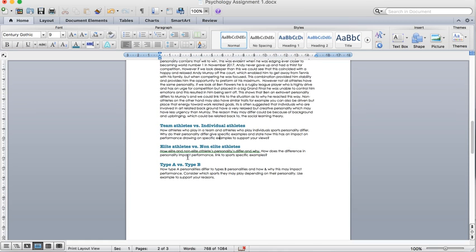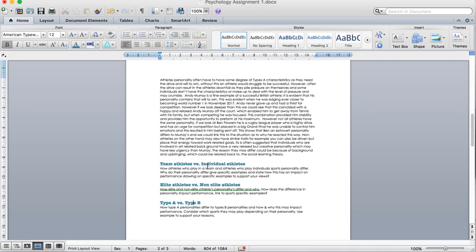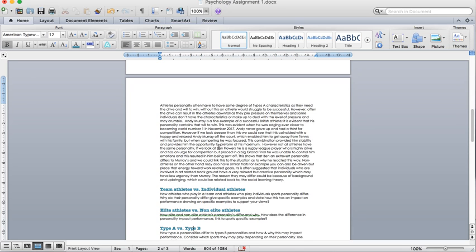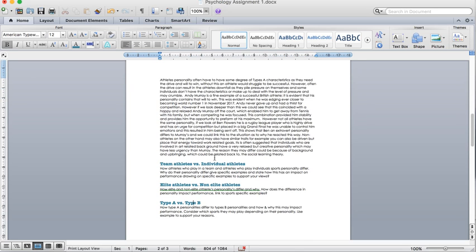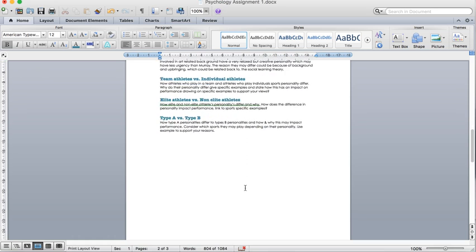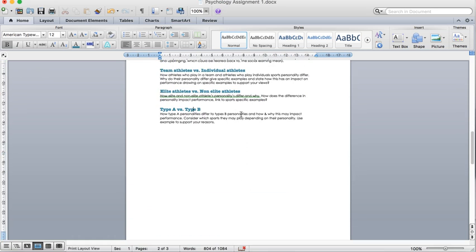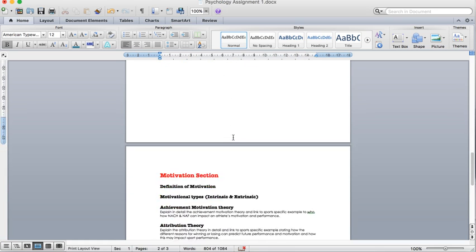And then we go on to elite versus non-elite, so professionals effectively versus maybe just your Sunday league player. And then type A athletes versus type B. If you're looking for the distinction, you need to go into this type of detail, okay, and maybe slightly more. If you're looking for the merit, you need to explain it, and link examples, and description is just to describe the process. Once you've done that, you will have finished personality, and you will either come out with a merit or distinction for that section.